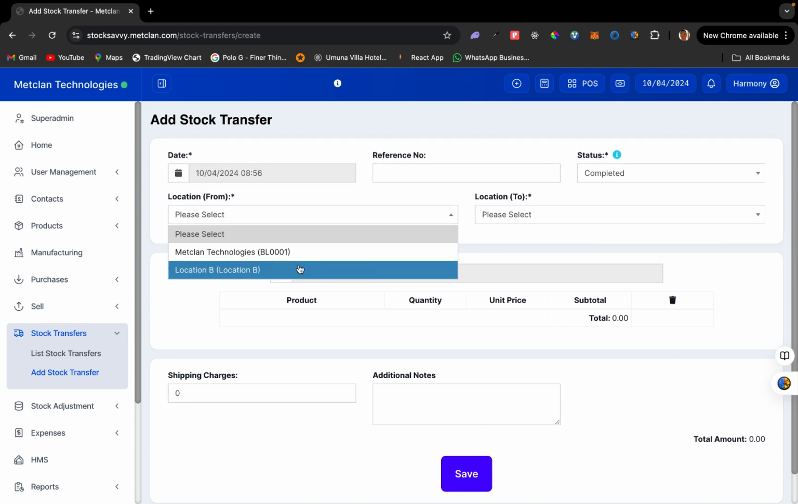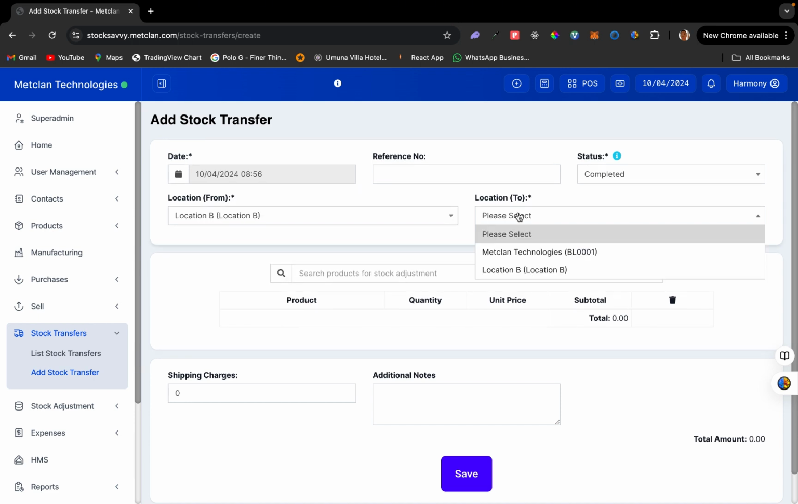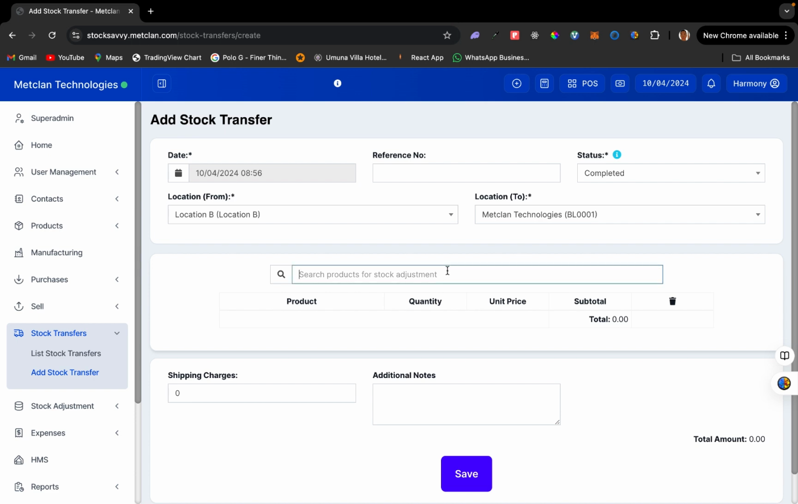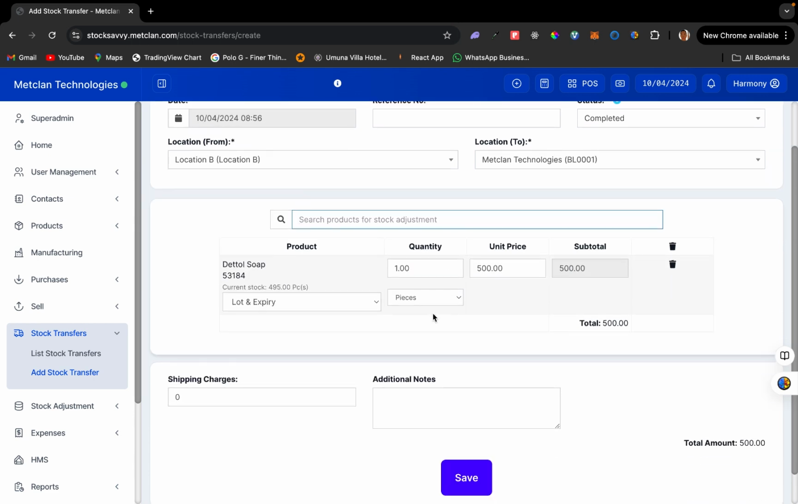So we are transferring from location B to location A. Then let's transfer 100 pieces. So under search products, I'm going to type the product name. Now it's showing that we have the current stock. So the current stock is 495, and I can transfer 100 pieces,